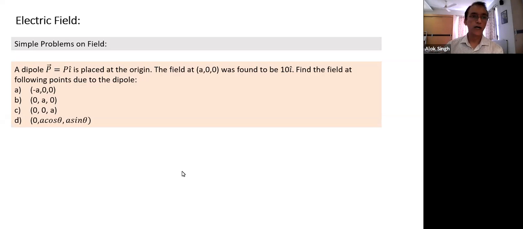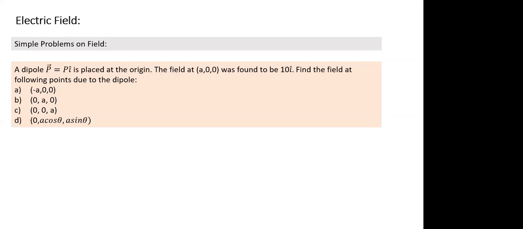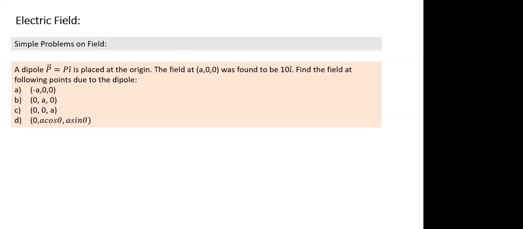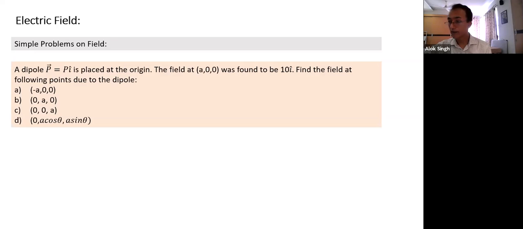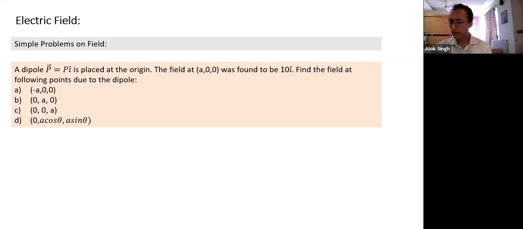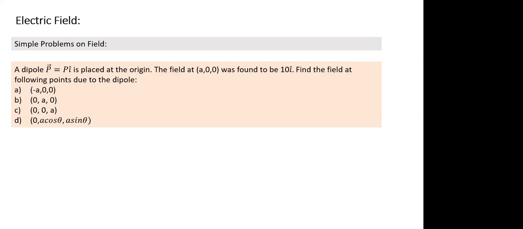So, Ahlad, what are the 4 values you have? The answer will come in i cap, j cap, and magnitude. Tell me whatever answer you have. First one is 10 i cap. Second is 5 i cap. Third one is also 5 i cap, I mean, sorry, j cap and k cap. First one is i cap, second one is 5 j cap, third one is 5 k cap. And the last one is 5 cos theta j cap, 5 sin theta k cap.